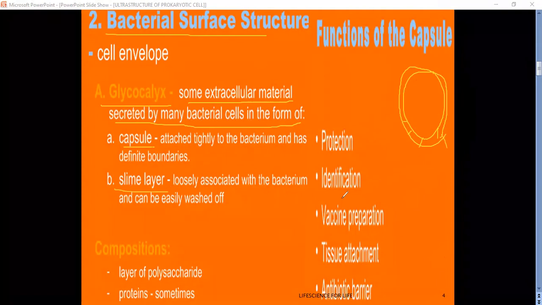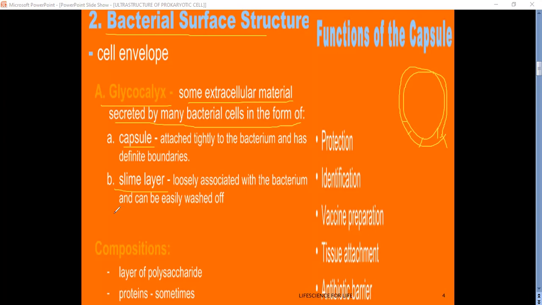This capsule is a slimy layer loosely associated with the bacterium and can be easily dissolved or easily washed off. And this cell envelope consists of a layer of polysaccharides and proteins. And what is the main function of the capsule? It is meant for protection, being the outer region, and identification, the main structure of the cell, and vaccine preparation, and it is meant for attachment to the tissues where they are growing, and